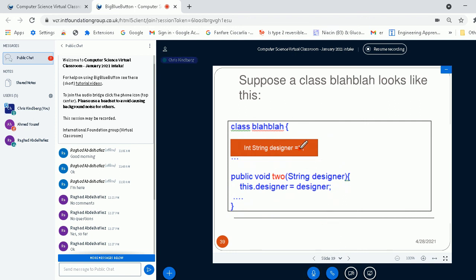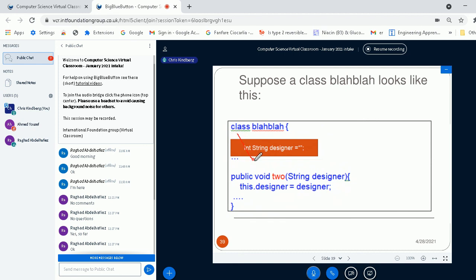Supposing I've got a class, blah blah blah, which looks like this. So this is my class, and I've got an integer string. That's surely wrong, so I'm going to correct that on the fly and put a line through it.